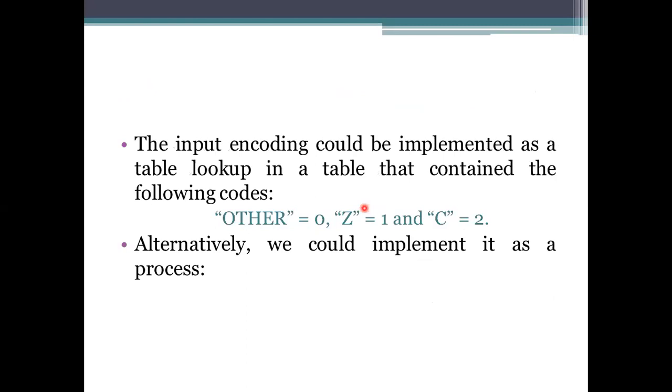The format here is, we are simply assigning these values to the strings, meaning we are assigning codes whenever we take these others into account. If you find that the code is 0, that means others. We need to specify that, other than Z and C, all the remaining characters in the ASCII format are indicated by this 0, and then the remaining ones are 1 and 2. Okay, here we need to take the table lookup procedure.